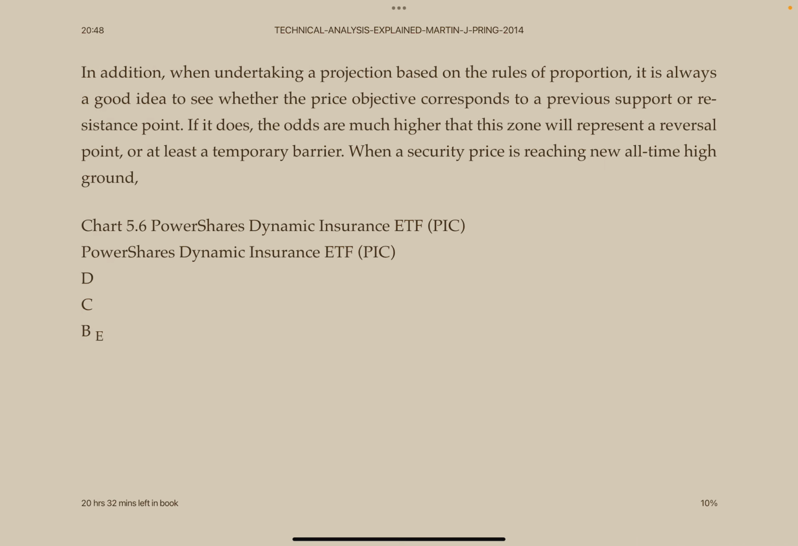In addition, when undertaking a projection based on the rules of proportion, it is always a good idea to see whether the price objective corresponds to a previous support or resistance point. If it does, the odds are much higher that this zone will represent a reversal point or at least a temporary barrier. When a security price is reaching new all time high ground,